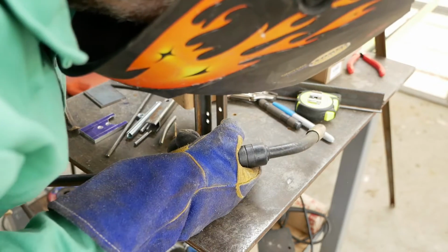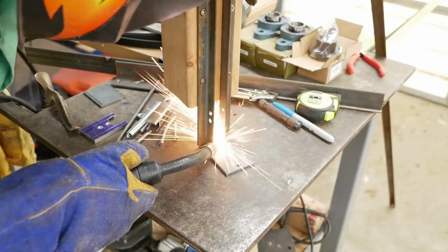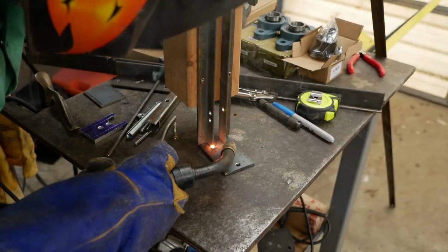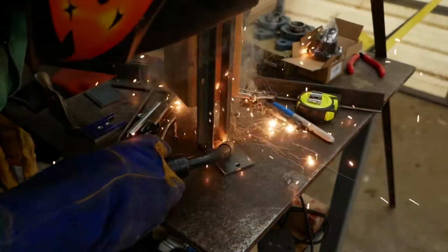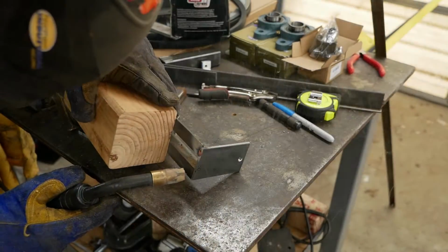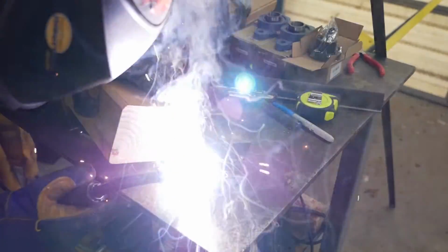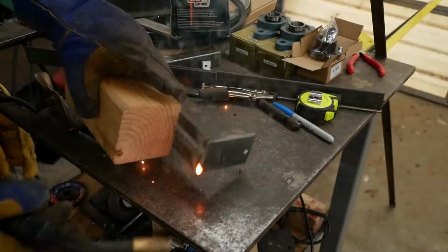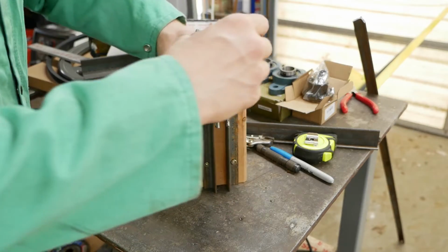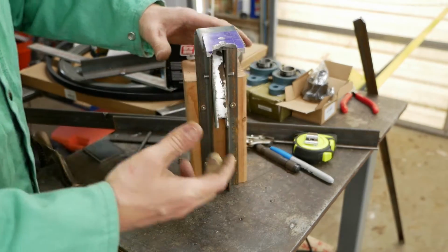I can't see anything. Can't eyeball it if I can't see it. Oh, I didn't drill the hole. Son of a... So if I mount this up here...